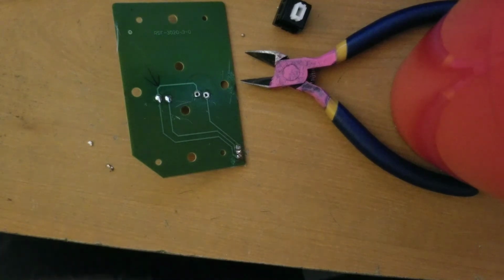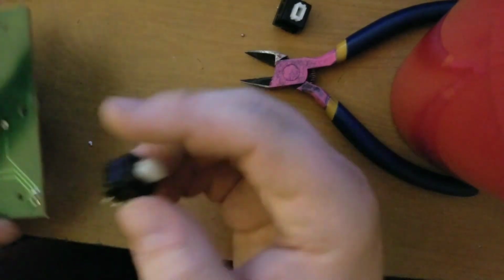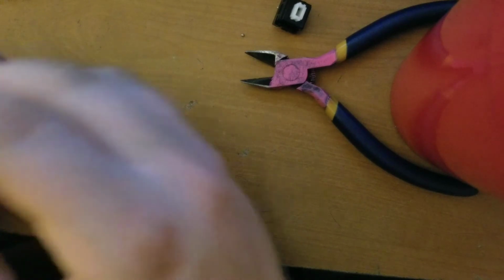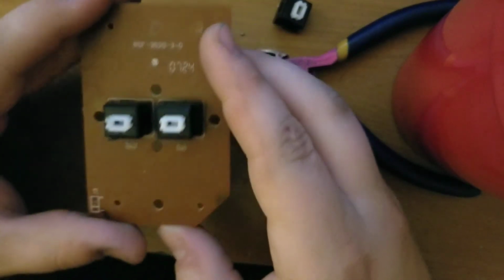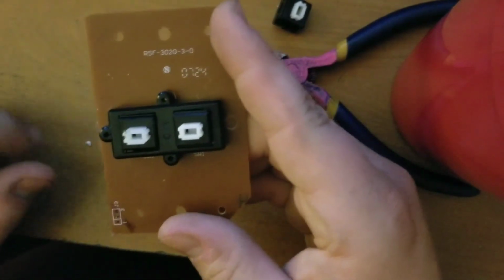the pen. And I also prefer soldering pens. They're cheaper, they're more effective, and for what we're doing with guitars, it's a lot better. So we have our new switch. Now this is even easier. You just want to put it in the hole. You kind of want to care about lining it up. It doesn't have to be perfect, because I have, with this one specifically, a cover that will go over it and hold them in